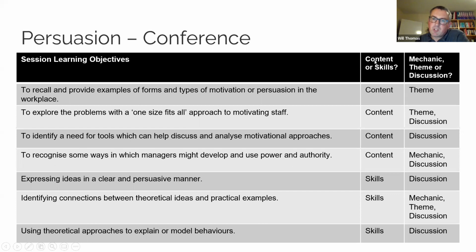So content or skills is a reflection of the type of learning objective that we had. There were 4 content-based learning objectives and 3 that were around skills that I was looking for students to develop. And then a reflection of whether this is reinforced by the mechanics of the game, the theme of the game, or by the discussion that occurs. Realistically, you could write discussion in every single one of these boxes, but this was a way just to communicate, in terms of the conference,